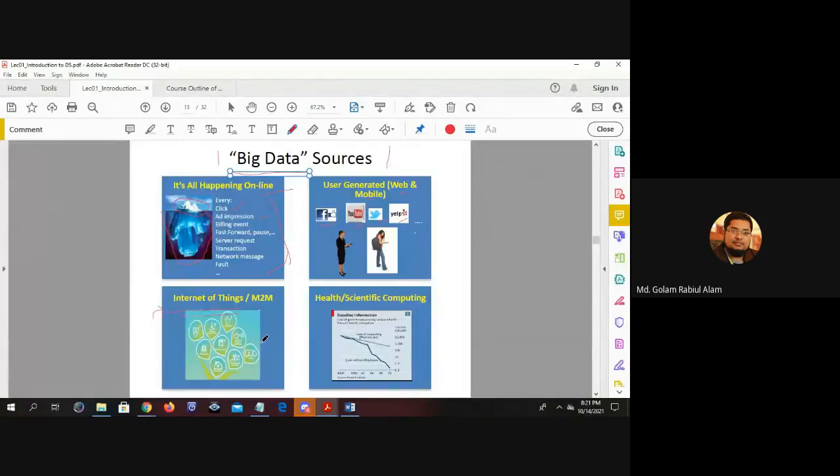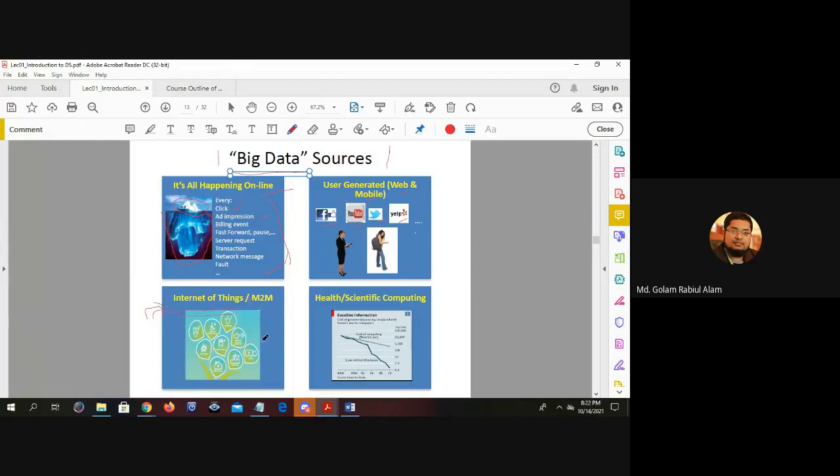Like maybe you can say that using some sensors, from the sensor data, forest fires are predicted, maybe in which direction the fire will move. So in that case, data may be analyzed from several data sources, not only the sensors. So Internet of Things data is a big source of data to handle, specifically in